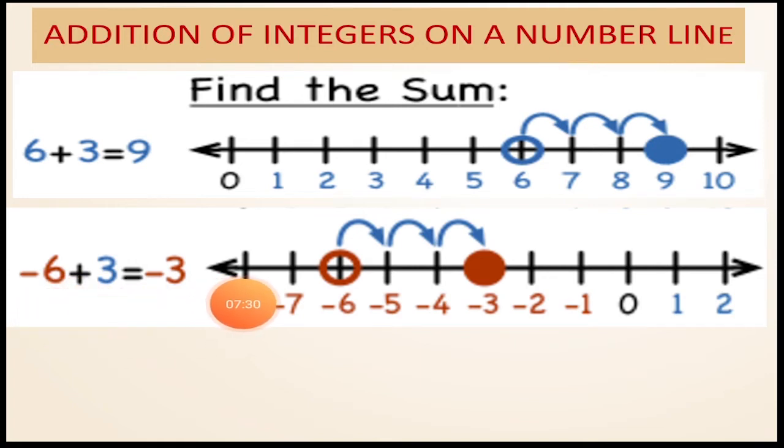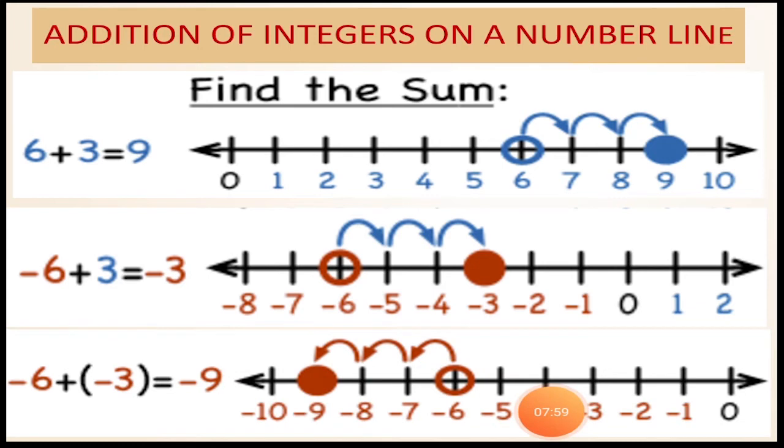Okay, now let's see how it can be done through the number line. A straight horizontal line we will draw, and from 0 we go to minus 6 by taking 6 steps towards the left direction. After that we have to add plus 3 to it. So from minus 6 we take 3 steps towards the right direction, so that will take us to minus 3 on the number line.